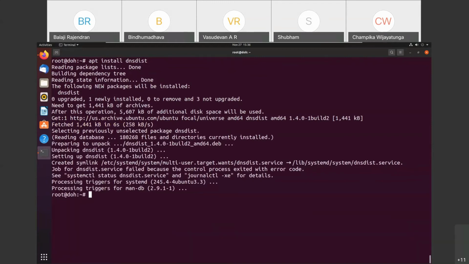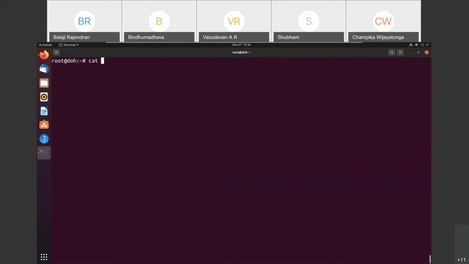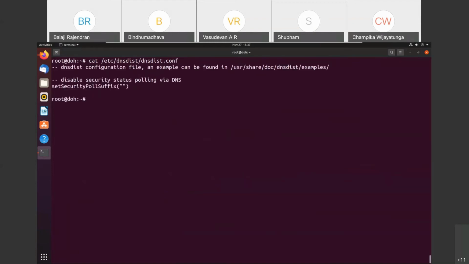The DNSDist configuration file is located in /etc/dnsdist/dnsdist.conf. So this is the configuration file where I will be adding the configuration for DNSDist. Sorry, nano.